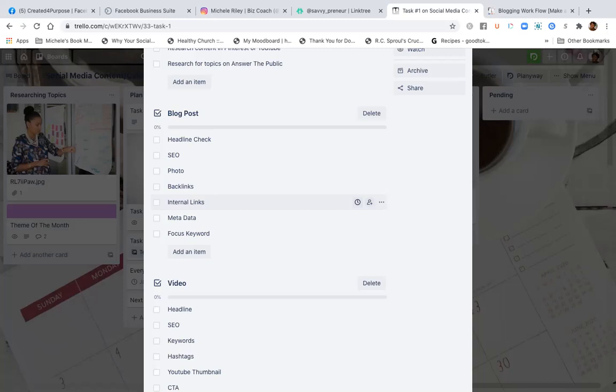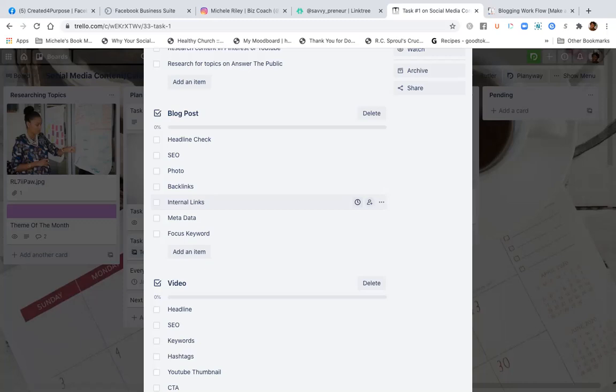I'm going to make sure that my metadata, meaning my photo, is explaining what it is that the blog post is talking about. Whenever you're doing a Google search and you see photos, it has some type of metadata behind it, because Google is basically getting the description of what this post is going to be about based on the picture. If you don't have any metadata behind your photos when you are uploading them to your website, then it can hurt you being found, because there's basically no content there.